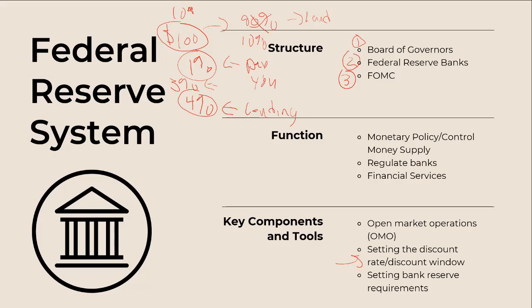Okay, so that will put less supply of money into the economy. That will have the effect of raising interest rates because there's less money sloshing around to be lent out by the banks. Because now instead of 10%, they have to keep 20%. They have to keep $20 rather than 10 just sitting around. Okay, so by changing the reserve requirements, they can affect the supply of money that's available through the banks. So these are their main ways that they can affect the setting of interest rates.